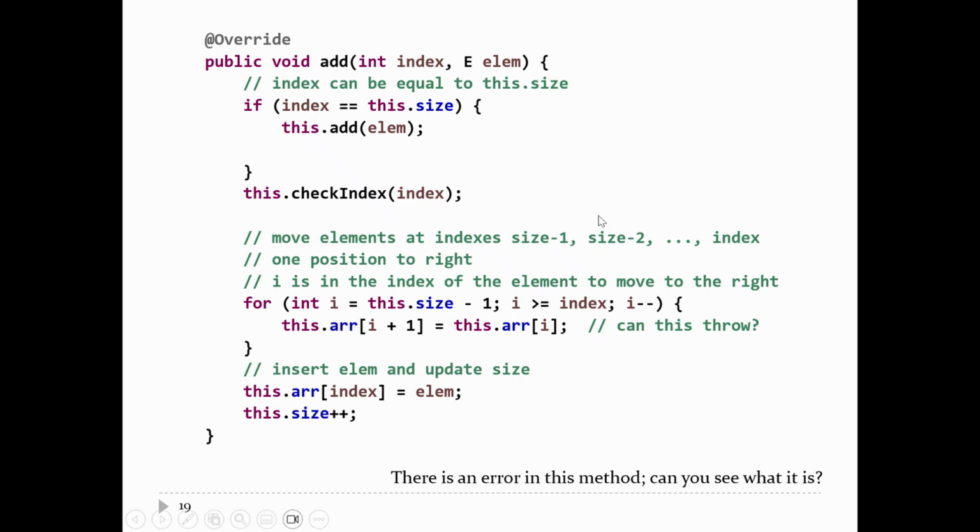If you want to move elements to the right in an array, you can't start at the smaller index and go up. If I start at index i and move that element one position to the right, that's going to overwrite the element at index i plus 1, and now I've lost an element from my list. You have to start at the end of the list and move the elements over from the end, so starting at index size minus 1,